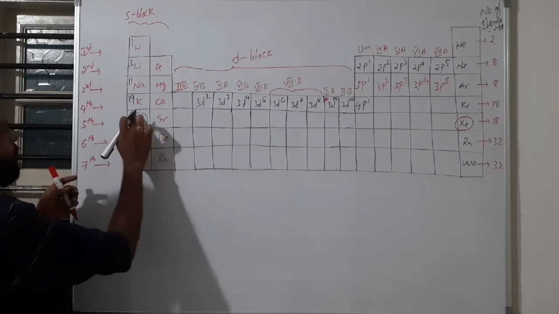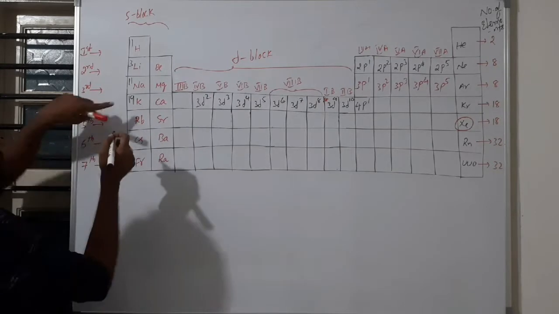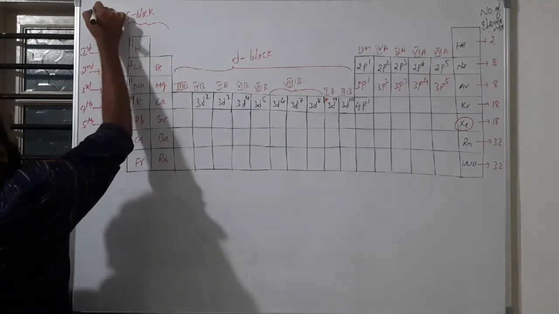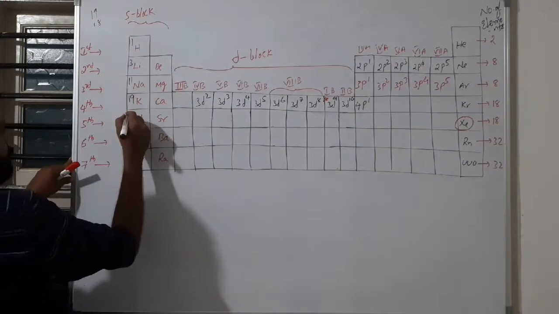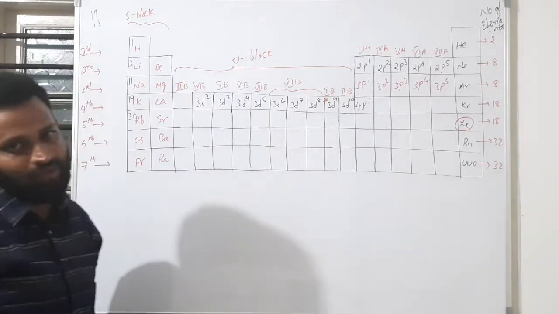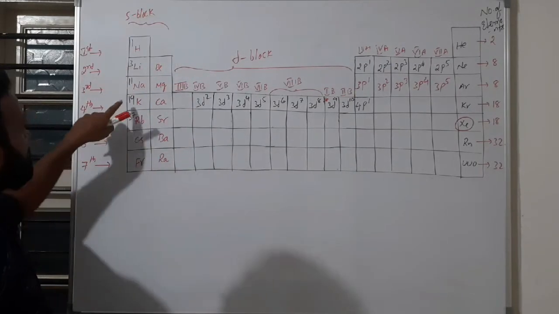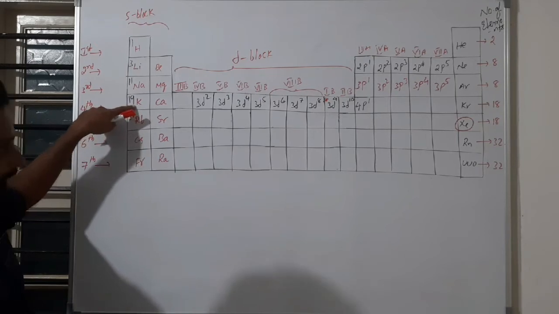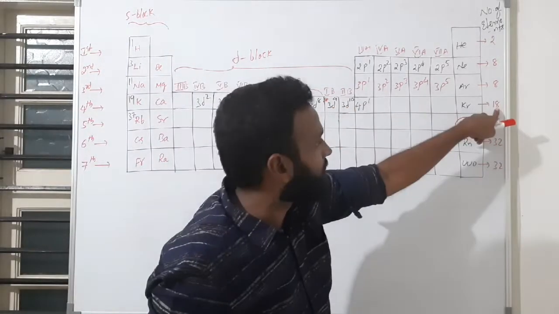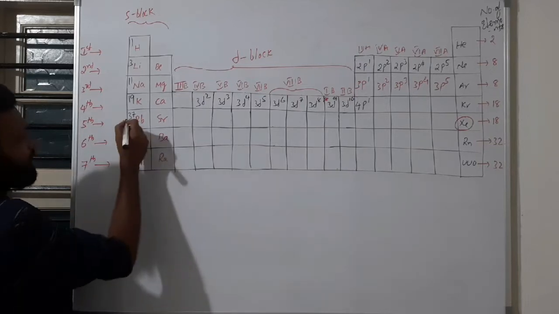In the same way, now rubidium. Rubidium's atomic number is how much? 19 plus 18, so it is 37. Getting what I am saying? Why 37? The atomic number of potassium is 19, and below potassium is rubidium. In this period there are a total of 18 elements, so 18 plus 19 is 37.